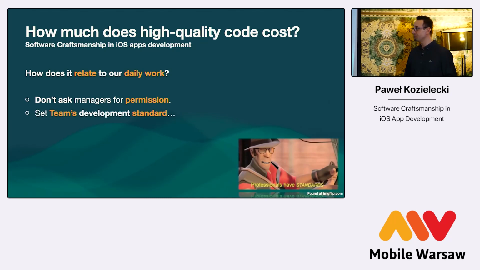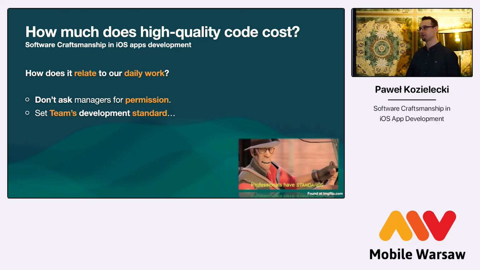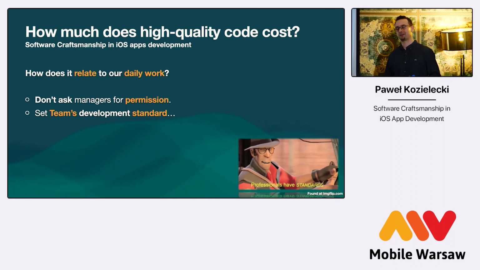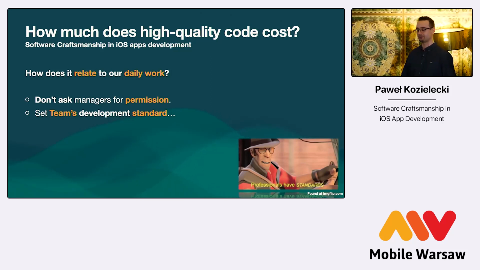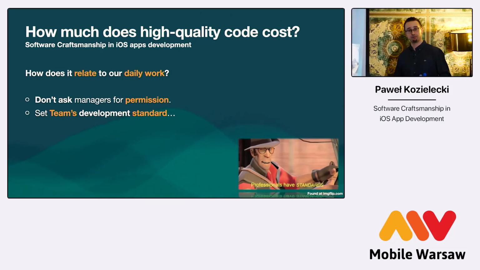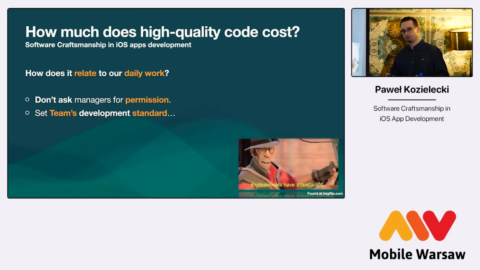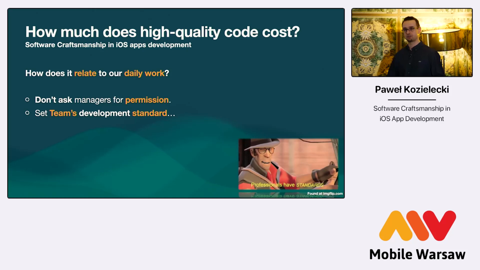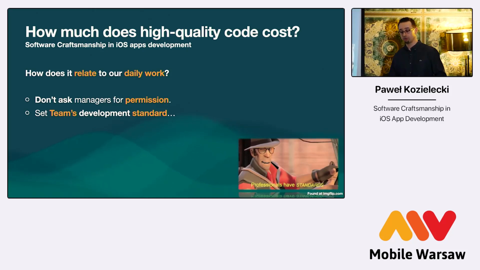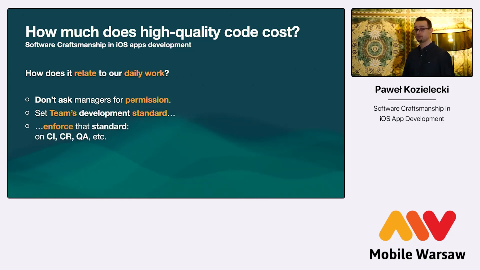But what you can do is when you're working with your teams, try establishing something called development standard. I mean, it sounds serious, but it's really not. It's nothing more than just a gentleman's agreement. You are with your team and just discussing, okay, what's the good enough definition of certain things like code quality, like communication, and so on and so forth.